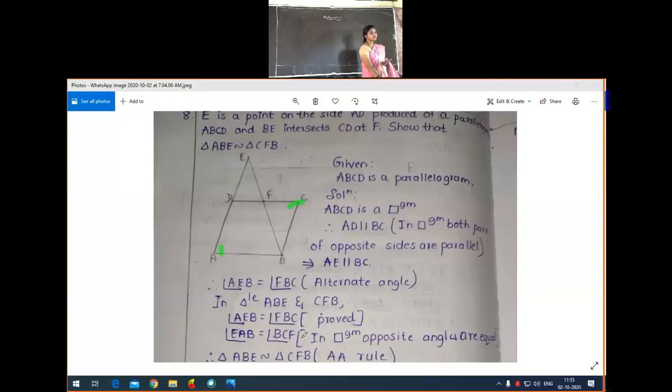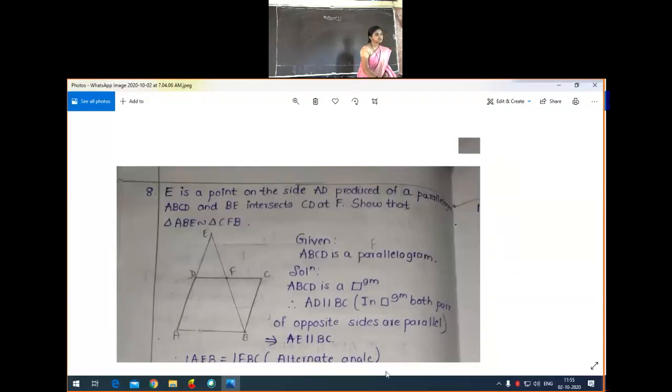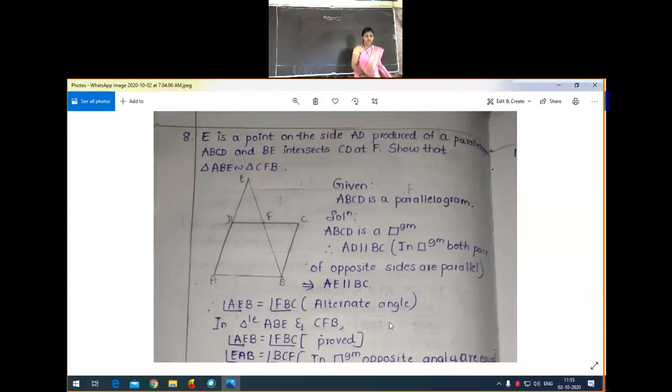So now this is one set, and another set, two angles are equal. In the sense, we can say that according to the AA similarity criteria, the triangles are similar. Is that clear, students? Up to the 8th question our discussion is over. If you have any doubts, Karthik Goda is waiting.